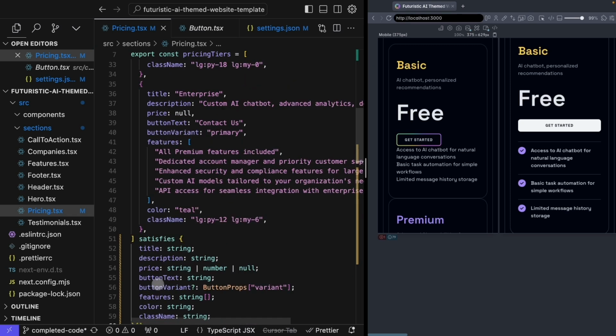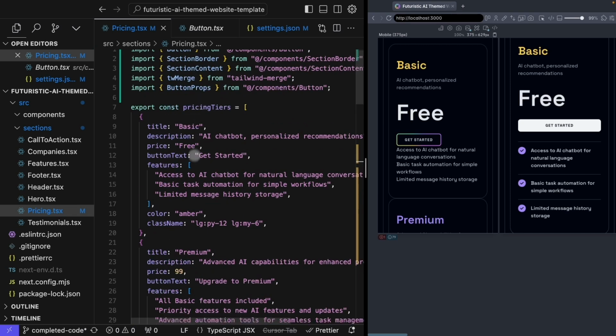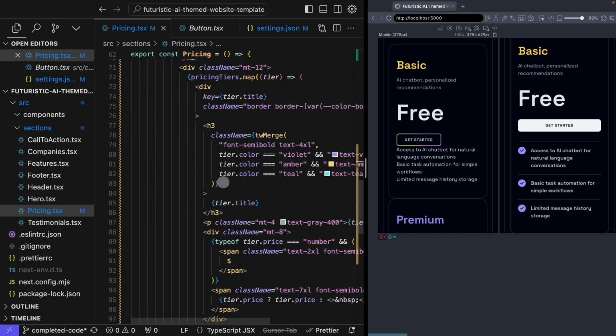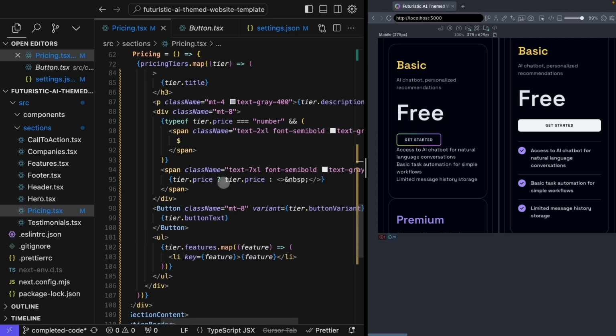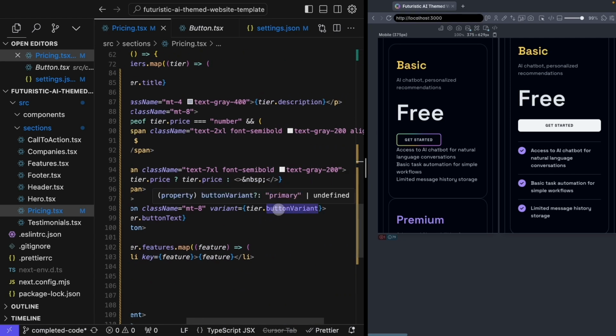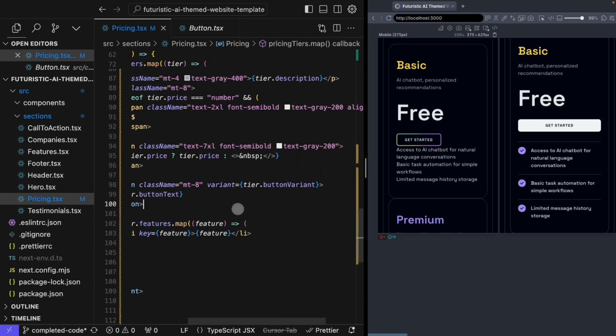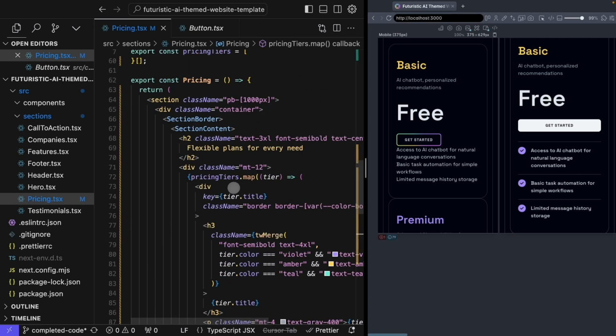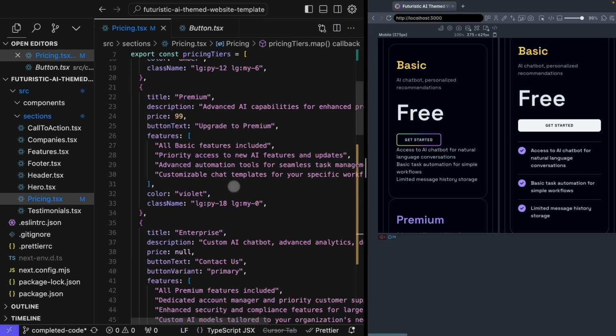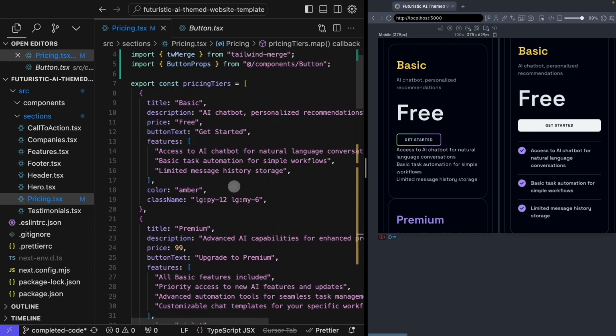And after we've done that, it looks like TypeScript is happy with the type of our pricing tiers, but it should also be happy with the fact that we've just added this variant on here. Now that it knows that it can't just be any string, it has to be one of the specific variants that we can pass to a button. Now it looks like our button variants are a little bit different than what's in our data array. So we might have to adjust our data array to ensure that the button variant is added on to the